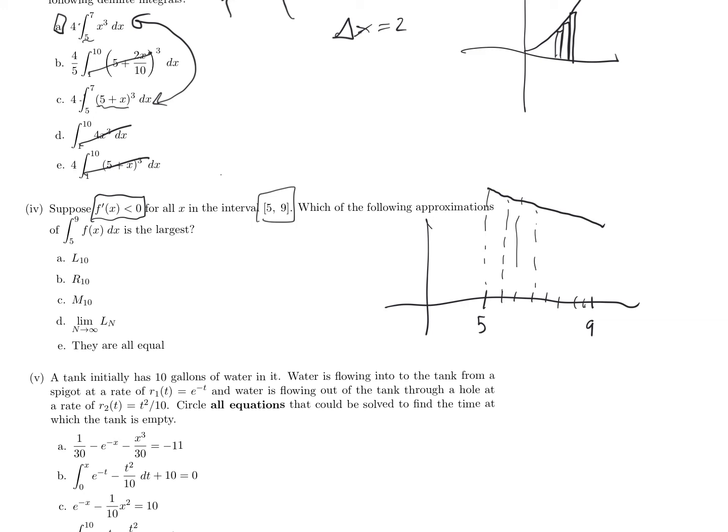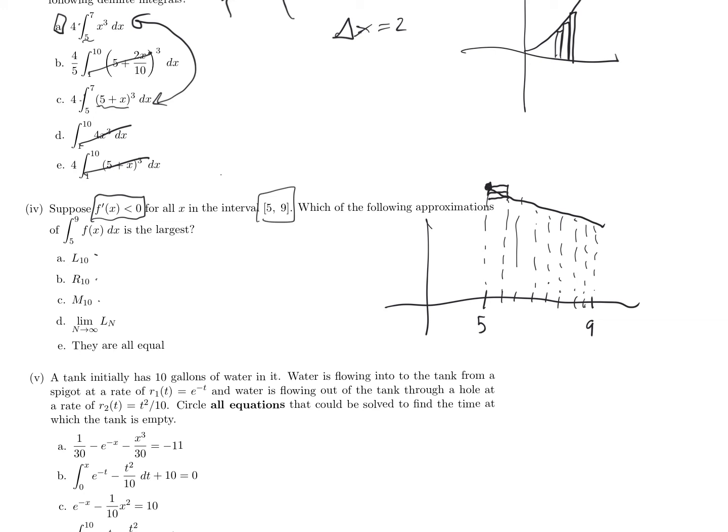The heights of each one of these rectangles is set according to the function, but where? It depends on whether we're using the left hand, right hand, or midpoint rule. Out of the 3 places where a rectangle could touch, if the slope is always going down, the highest place is going to be on the left,